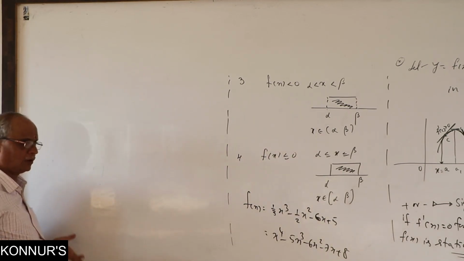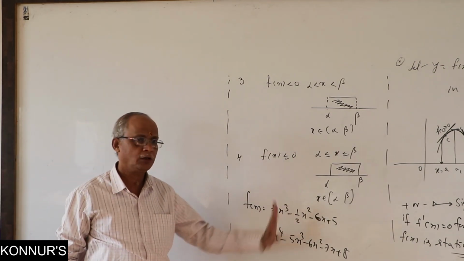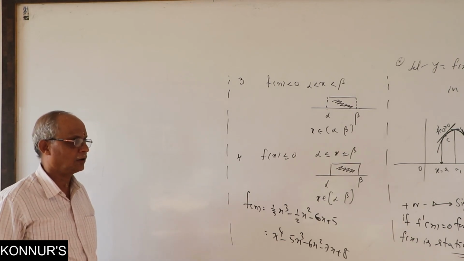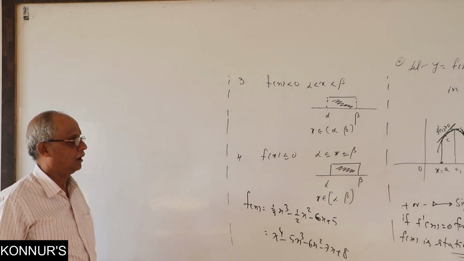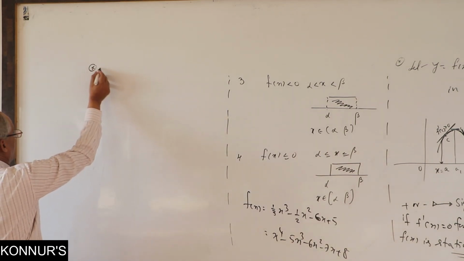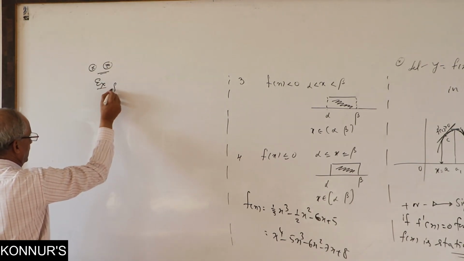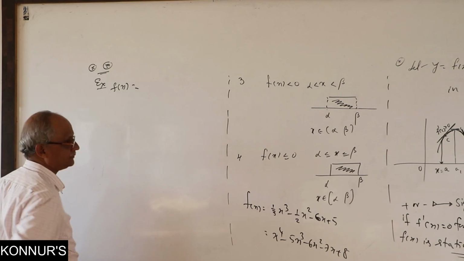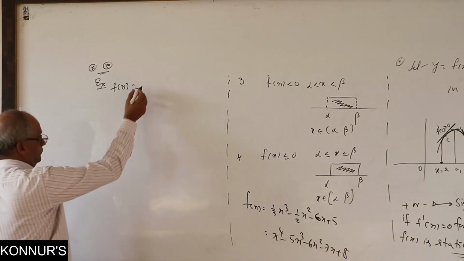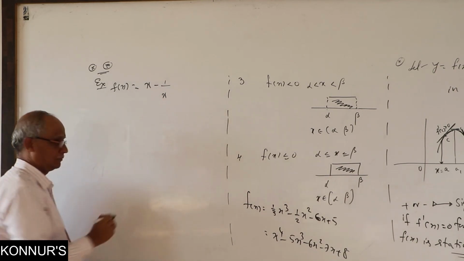Find stationary points: you can see textbooks, you get so many problems. Derivative equated to 0, maximum a quadratic you are getting. You find the roots, you will get the answer. But there are some problems where a function may not have stationary points. Consider one example here. What example will you consider? x minus 1 by x.